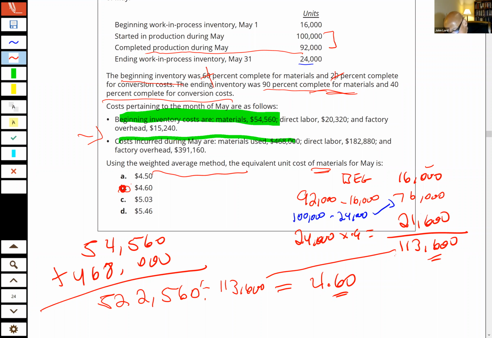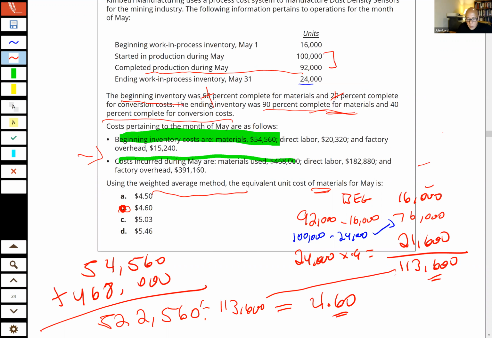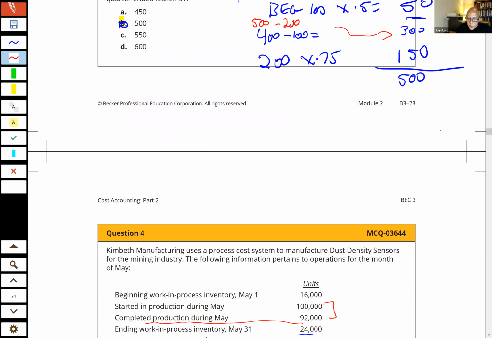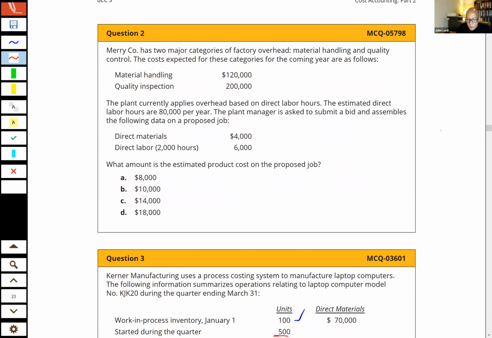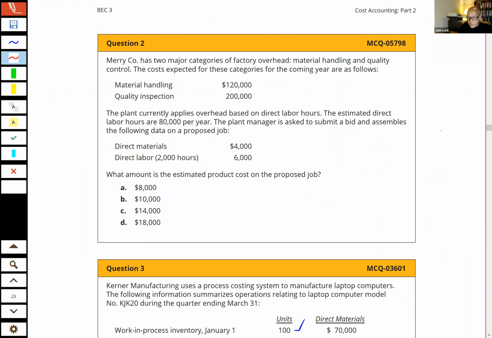Okay, so I didn't give you a flashcard for how to always figure out the equivalent units because I don't know how the problem is going to throw the information out at you. And there's a couple of different ways of doing this, right? Question? Okay, good. Then let's go back to question 2, which really should have been put with the last module. So let's just go ahead and look at this one.